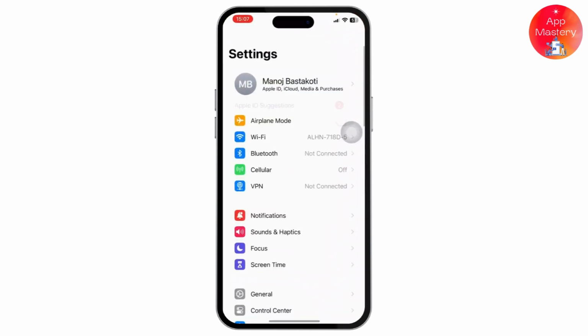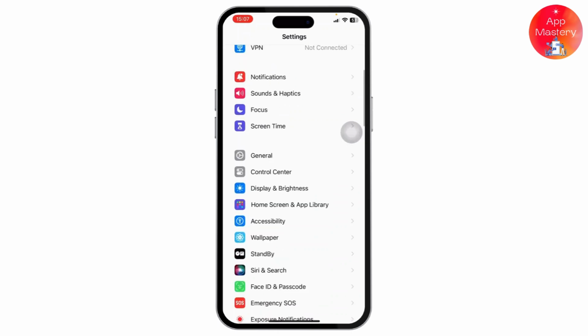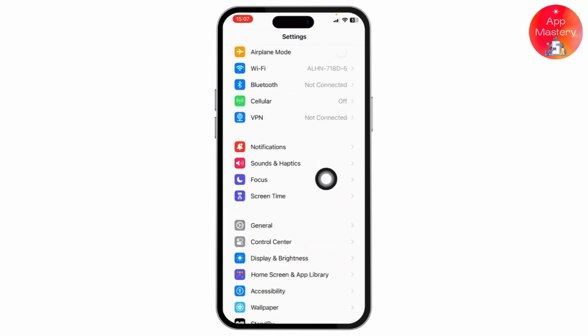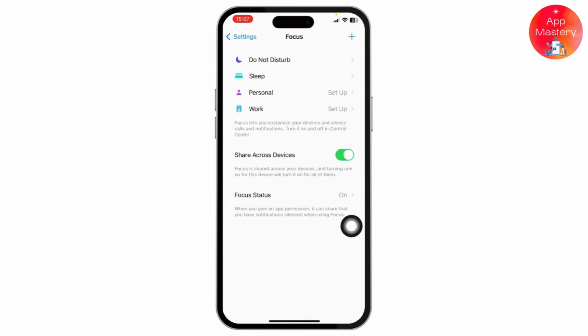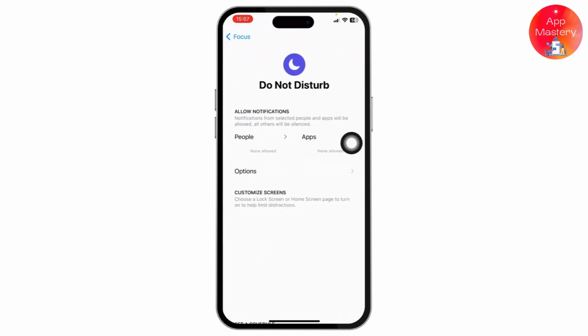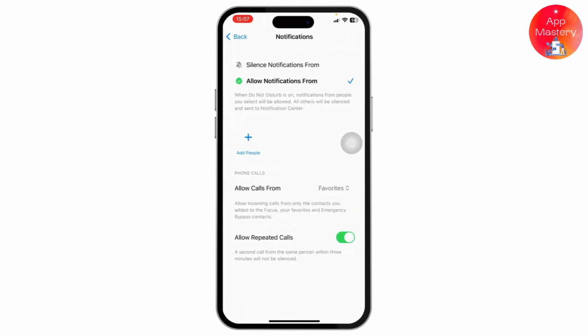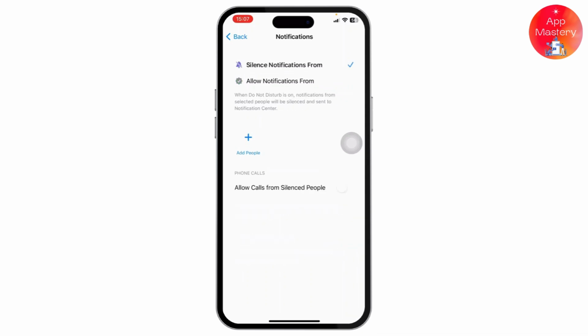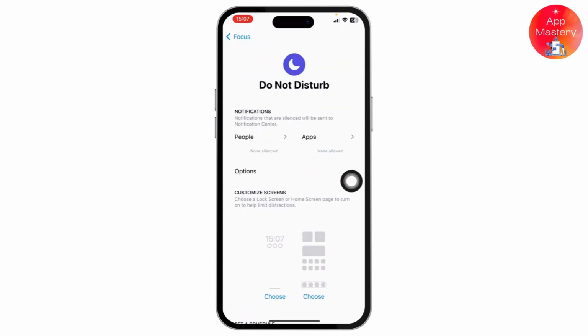So first things first, simply head over to your Settings application, and once you're inside here you can see the Focus option. Simply click on it. Once you click on it, you just need to click on the Do Not Disturb option over here, and once you're inside it, simply click on People and just make sure you have deleted or removed every single person from here, and simply click on Silence Notifications From option,